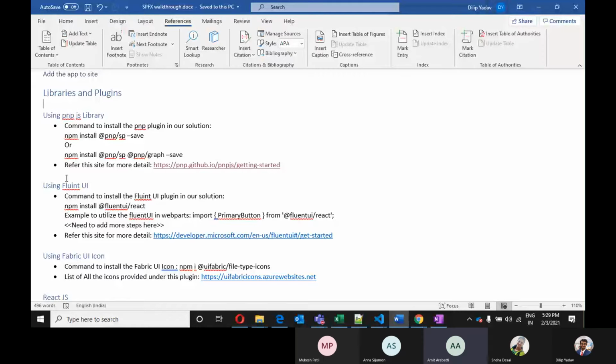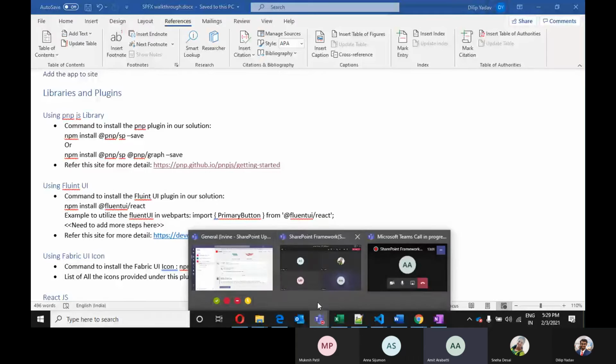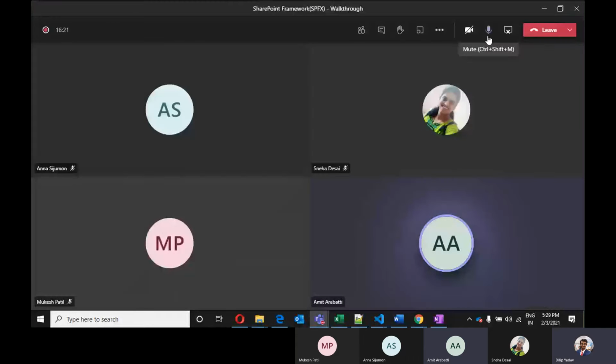So we are moving towards that goal that everything should be coming from the library component, correct? And the only thing you have to maintain in your code is the web part code. That's it, right? The rest should be automatically incorporated in your code. It should be available to you. So we'll work on that. But PNP.js is definitely what we're going to use. As Dilip said, we are used to this kind of syntax, right? Get by title and get lists and all this, instead of calling the exact REST URL, which is not that user friendly. Yeah, thanks, Dilip. You can go ahead. Any other queries?